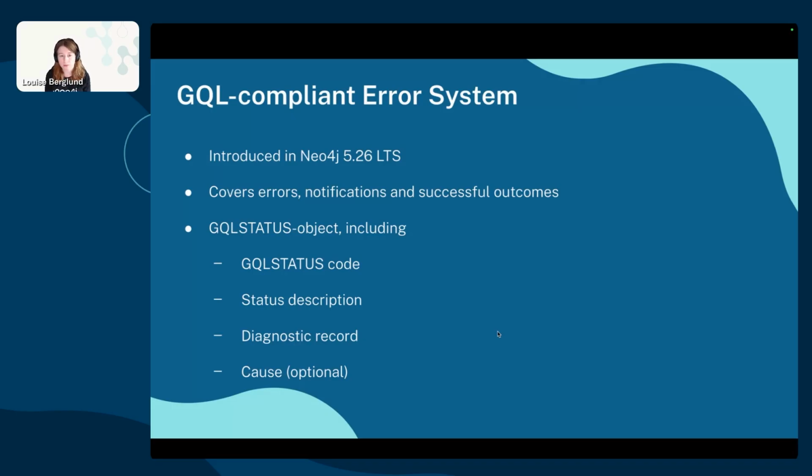For each query, you will get one or multiple GQL status objects, and these have 4 parts. So there is a GQL status code, which is a 5-character long alphanumeric code. And this is kind of the stability part that you can depend on. There's also a status description, which is more text and for human consumption, and is the thing that we can